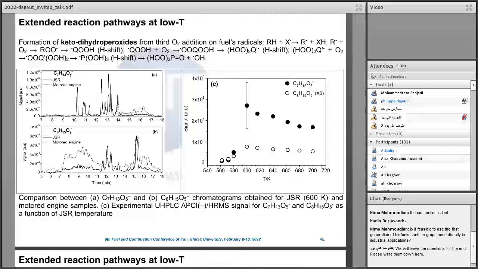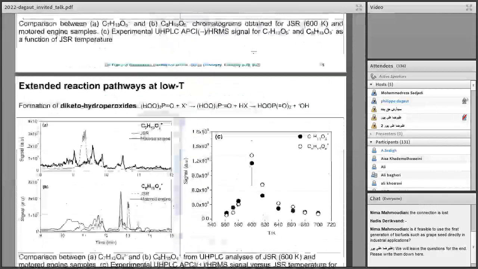And we plot here the variation of the signal as a function of temperature. And what we can see is that it's peaking around 600 Kelvin, which is below the maximum of the cool flame, which occurs around 640, 650